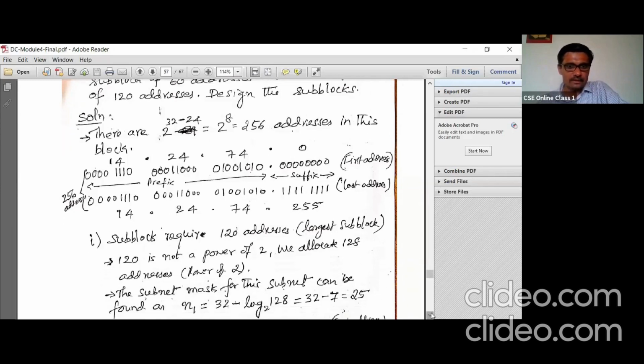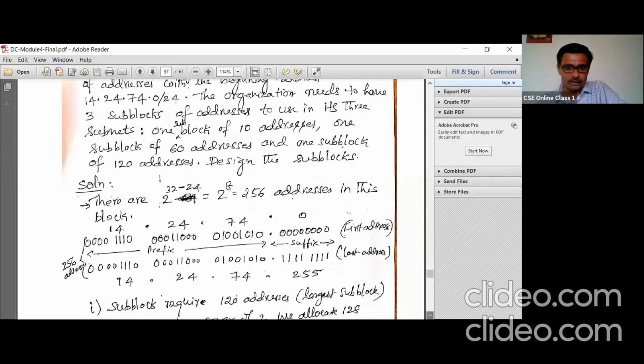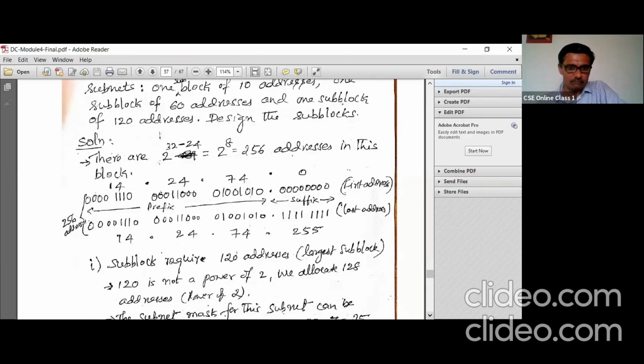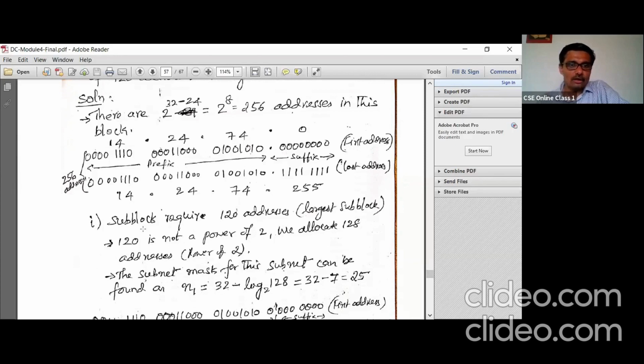Now, as per the question requirement, let us start with the third one, which requires 120 addresses. Let us say this is the computer science department, a larger department in Cambridge. The sub-block requirement is 120 addresses.